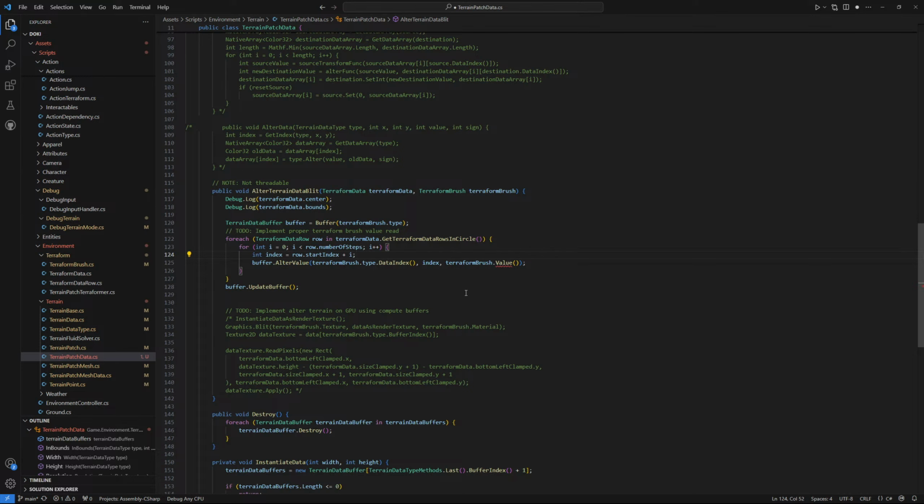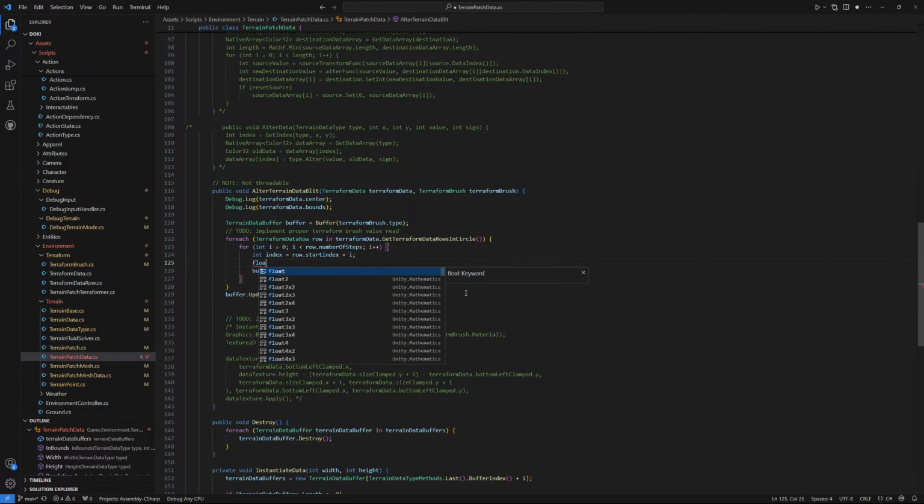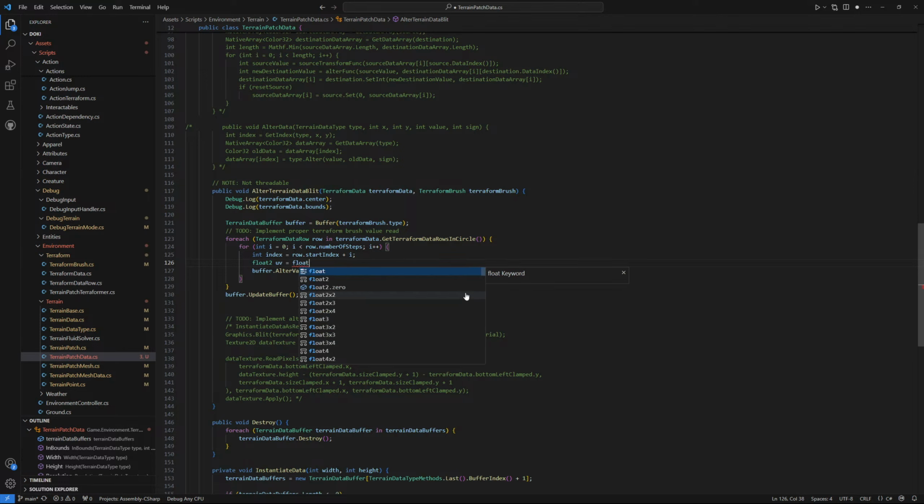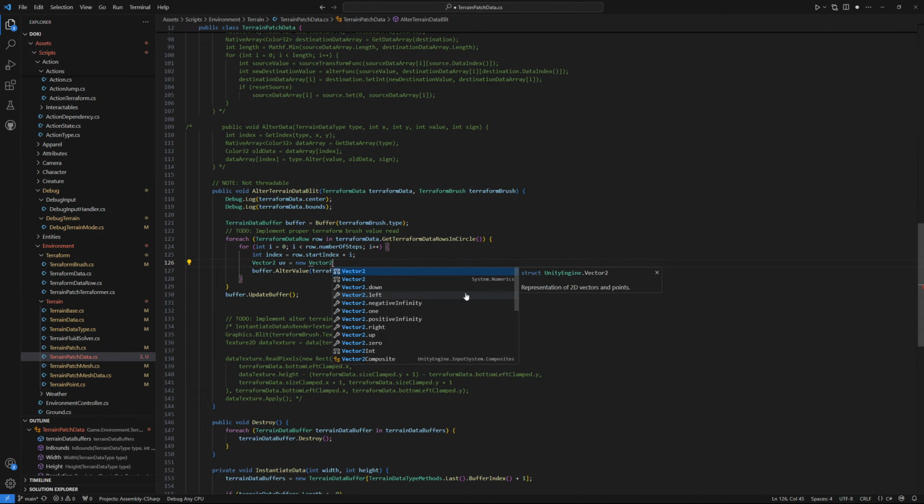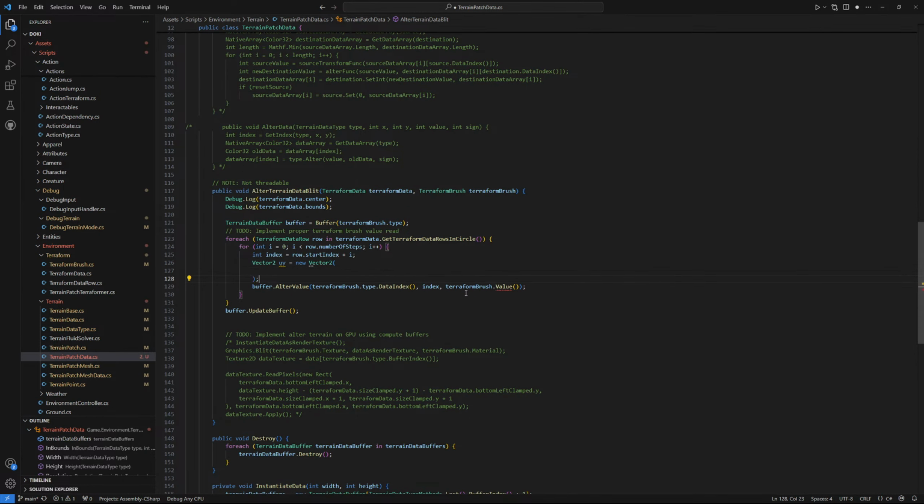Let's try and do something like... Oh, we're not writing shaders now. Can we